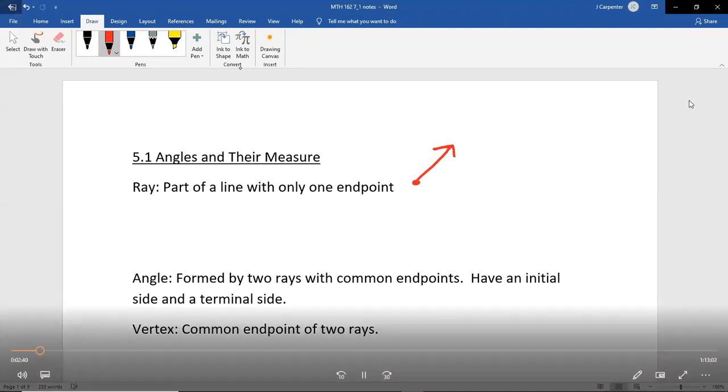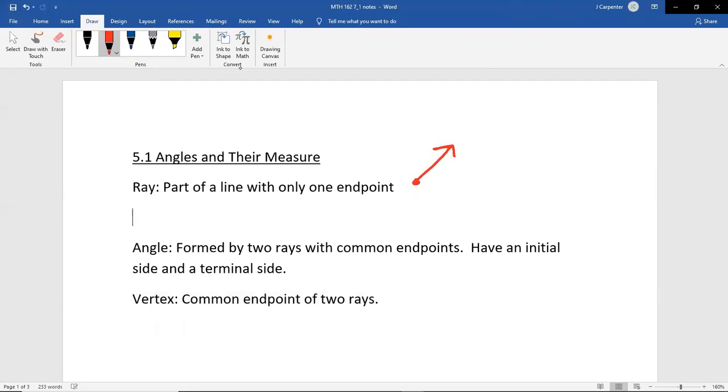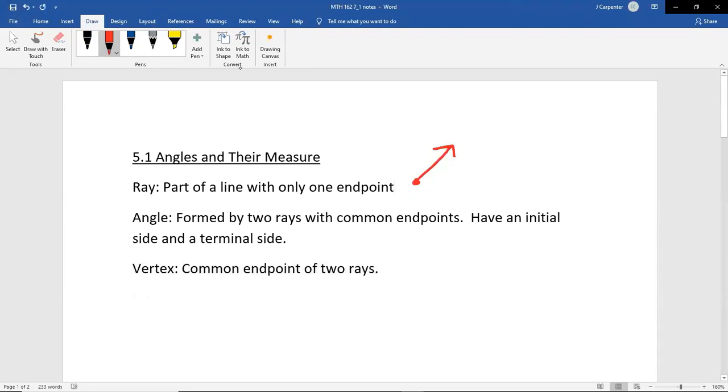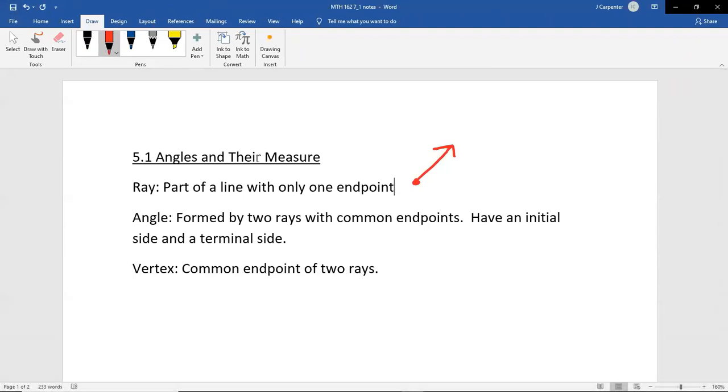Now, for the first couple times today, I will draw these little dots, they're endpoints, but moving forward in the class, the rest of the semester, I really won't ever draw those dots again because it just gets tedious. That's your ray. An angle is a measure of something. You can't really call it a distance. It's just the measure of the relationship of one ray to another